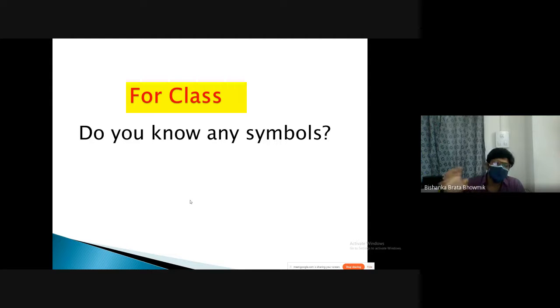Also, near this on the road, there are different kinds of symbols. So as homework, they can discuss with their parents, and while walking on this road, they can learn these kinds of symbols, and also discuss in the class, and all the other students discuss it together. They will learn more of these kinds of symbols.